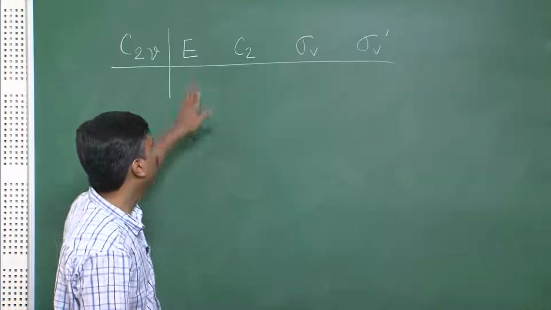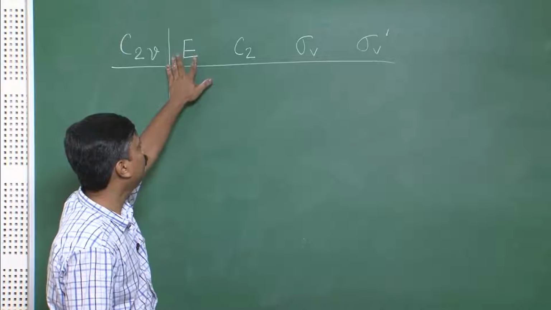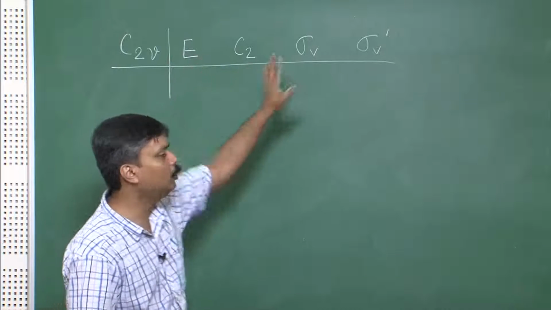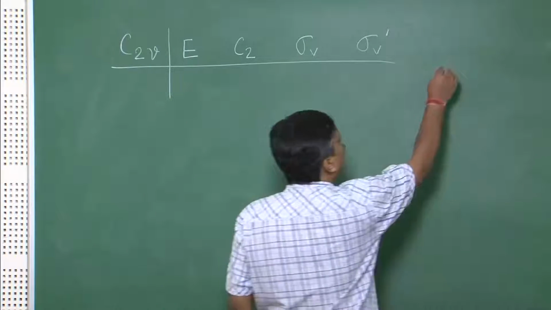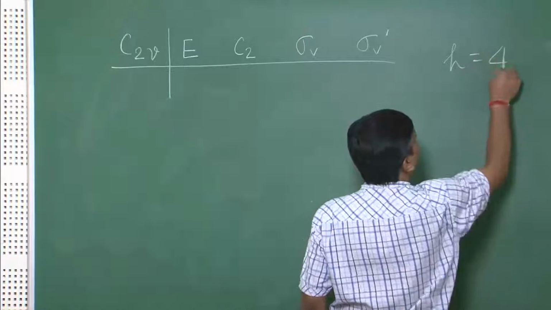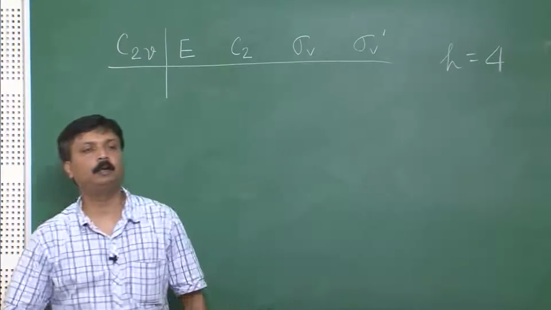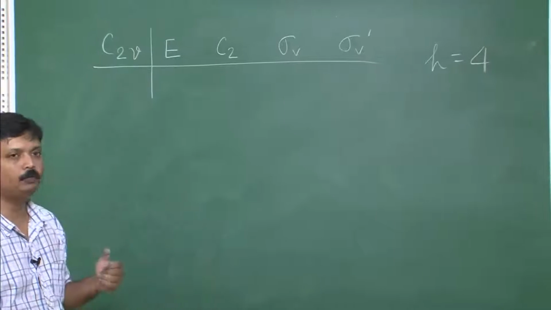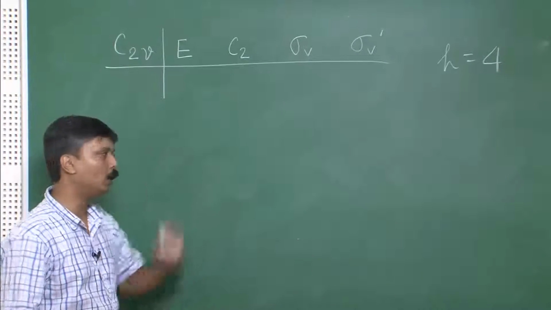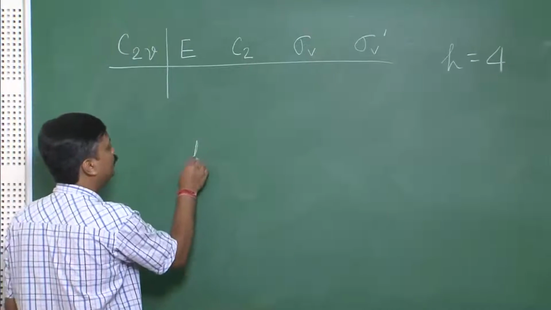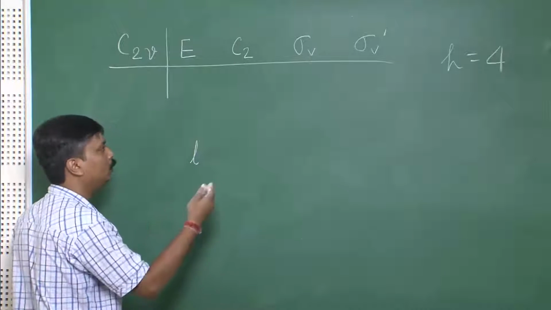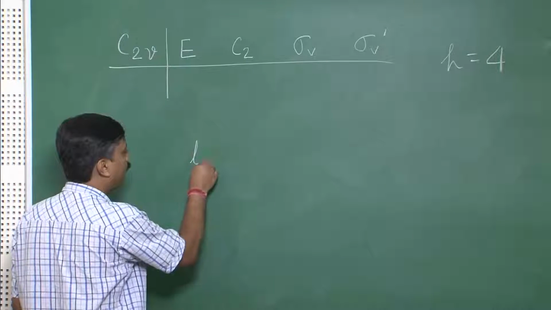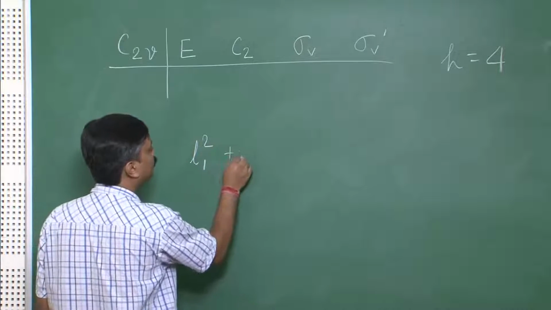So the order of the group is the number of total symmetry operations. So the order of the group is 4. Now as per rule 1, the sum over li squared equals h. So I have l1 squared plus,